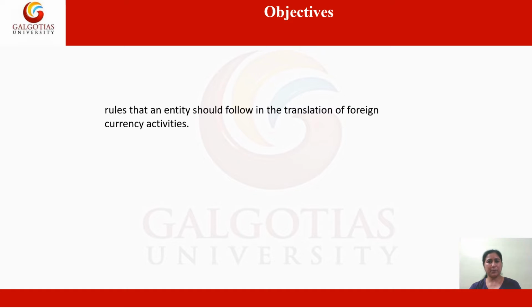Considering the expansion of business outside the domestic territory of the home country and the complications arising from foreign currency, this lecture will cover what an entity should follow in the translation of foreign currency as covered under IAS 21,